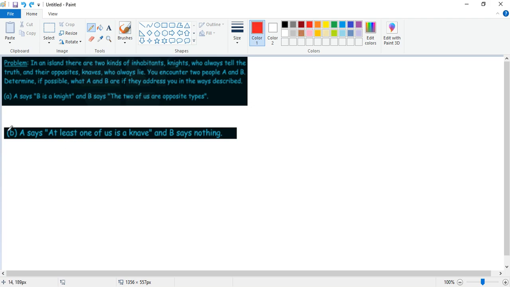Okay, so there is actually a second part to the previous logical puzzle question that we did, so we'll solve that as well. Here it says A says at least one of us is a knave, and B says nothing. So to use this statement to determine what kind of people A and B are,